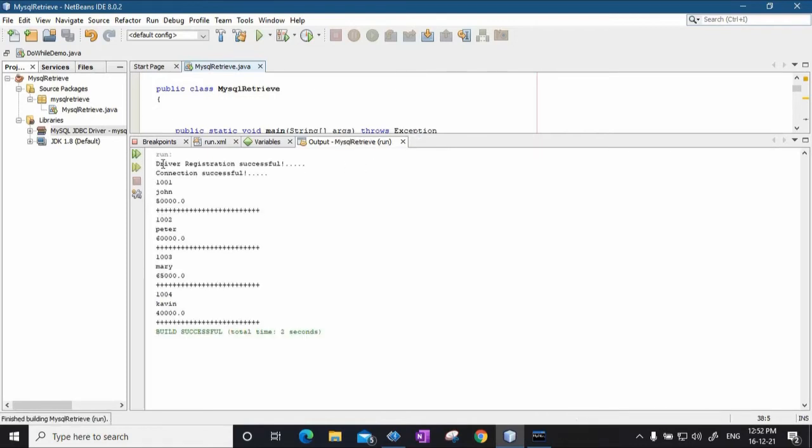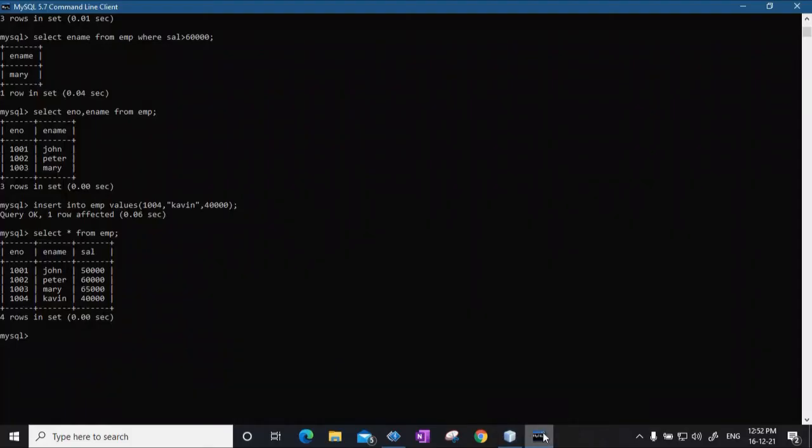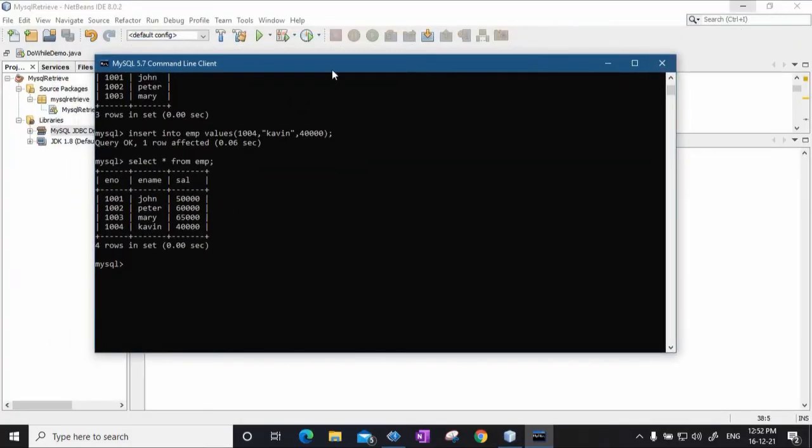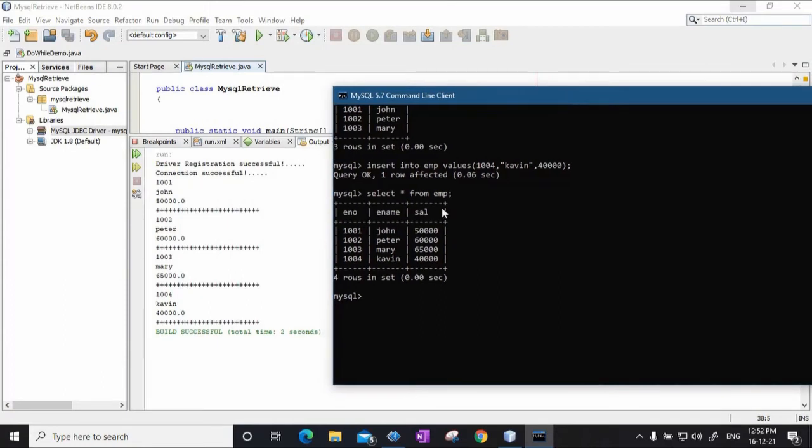Yes, so it said driver registration is successful, connection is successfully established, and then you can see the same data from the table which we saw here getting printed. You see the first tuple value, employee number is 1001, the name is John and his salary is 50,000.